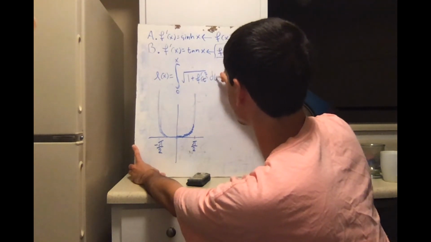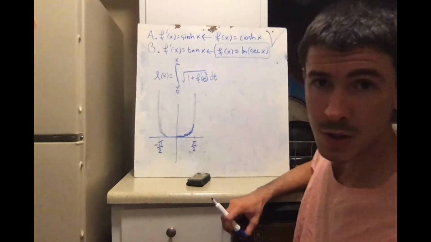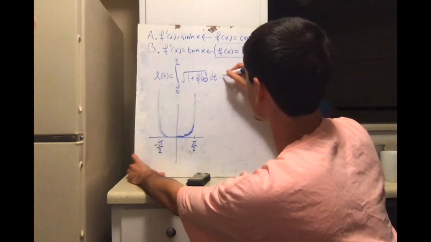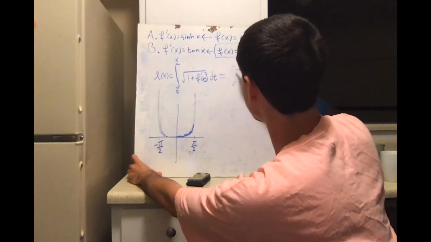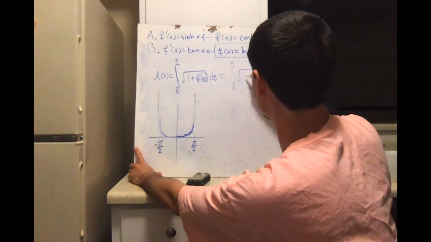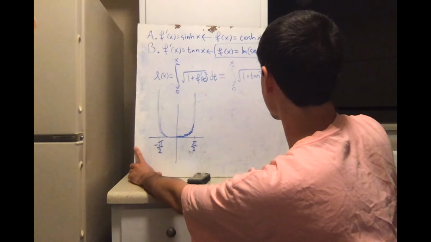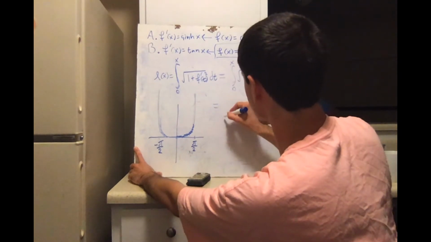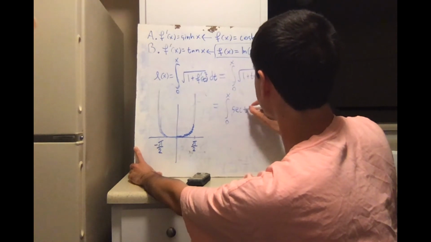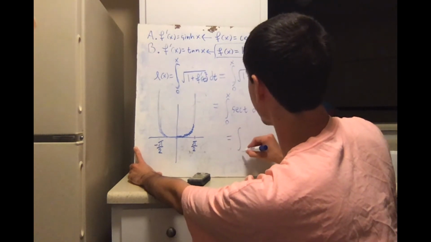Dummy variable is different than the bound of integration variable. Then, of course, the reason we chose this example is that this is going to be the square root of 1 plus tangent squared t, and this equals the integral from 0 to x of secant t dt, which of course we know is